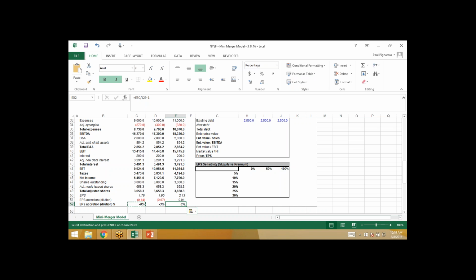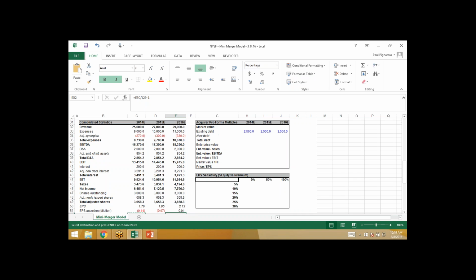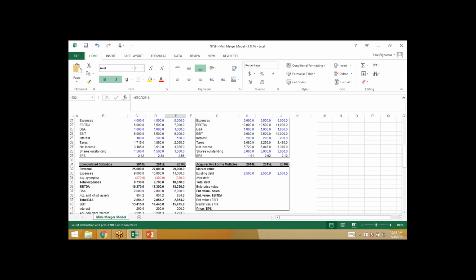The target's EPS. Right, of course. Yeah, it's $2.12. The lower that would be, the more dilutive. So if somebody says what impacts accretion dilution, first it's the impact of the target company's EPS